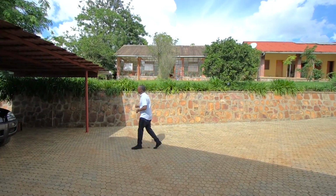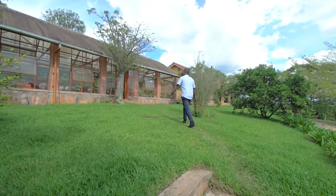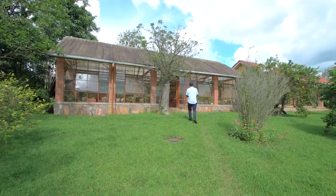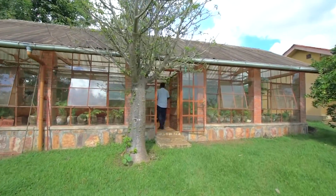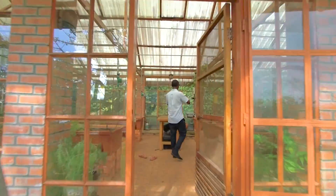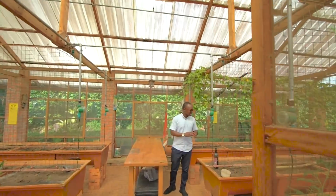Now, let's take these stairs on the side and show you the greenhouse. Coming up, we have more garden, but this garden takes us into the greenhouse, and the greenhouse is well made. I mean, we enter here, and this is not like any other greenhouse. Everything is installed, all the plumbing,